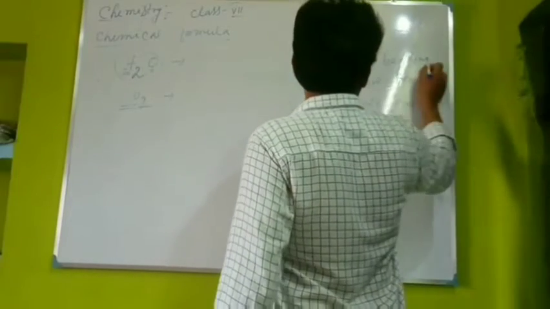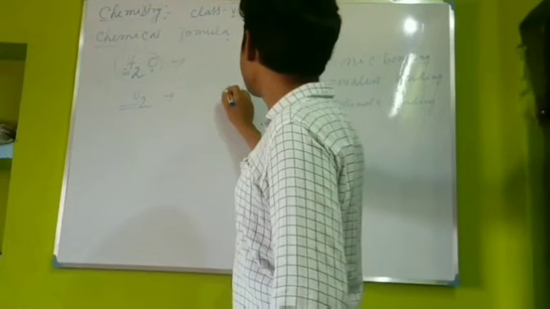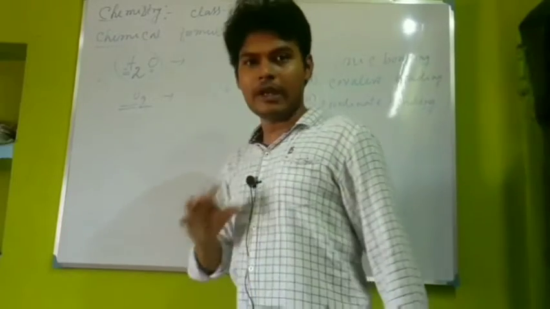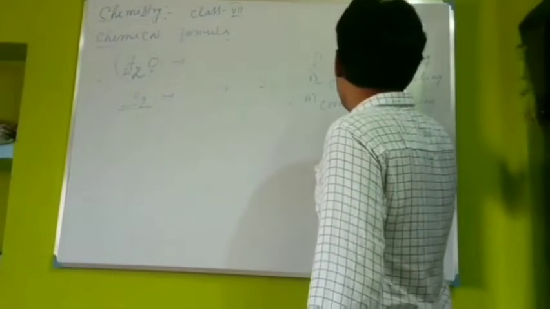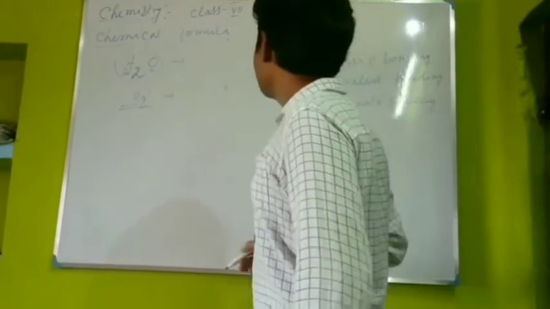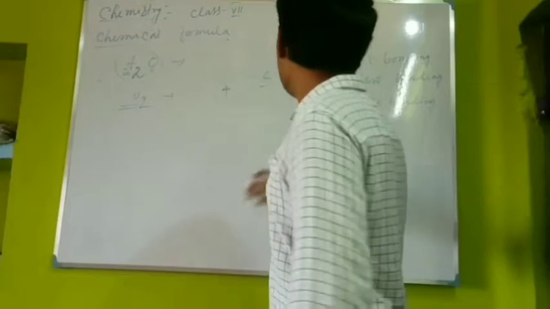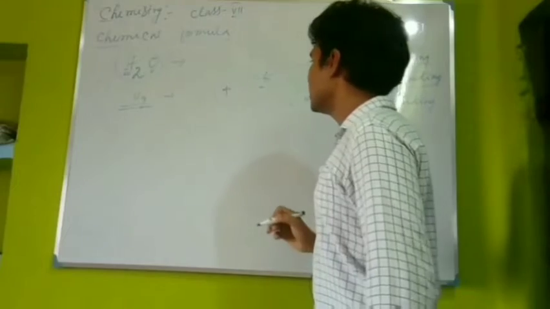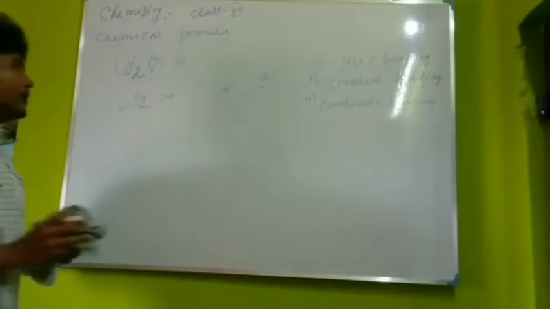This type of bonding arises when cations, positively charged ions, and negatively charged ions are combined together to make a compound. Then this type of bonding arises, ionic bonding. And in ionic bonding, one element must be a metal and another a non-metal. The bonding which arises between two non-metals is called covalent bonding. Now let's discuss how ionic bonding arises.